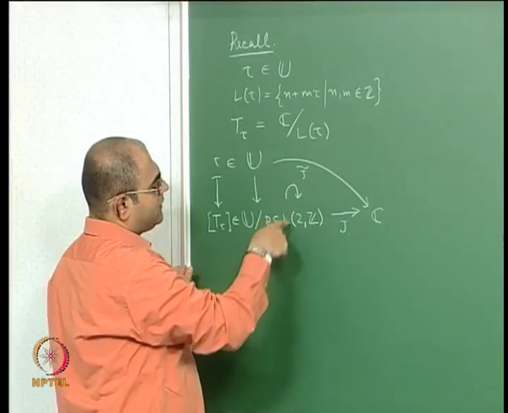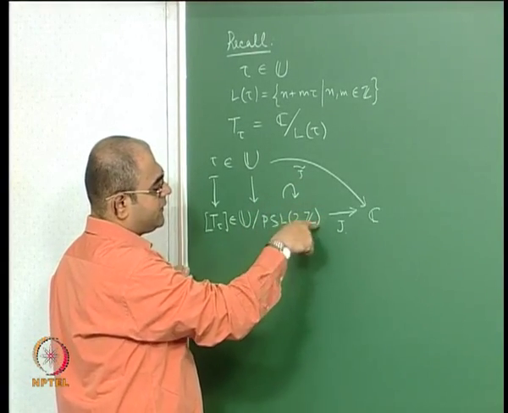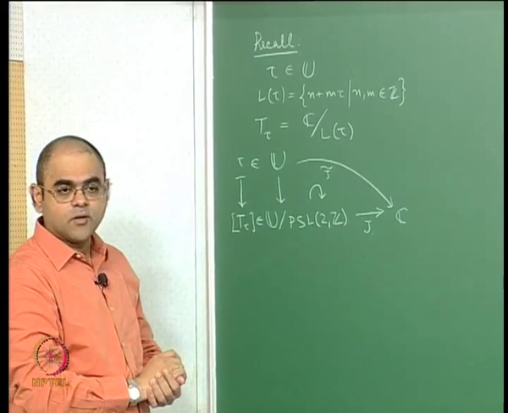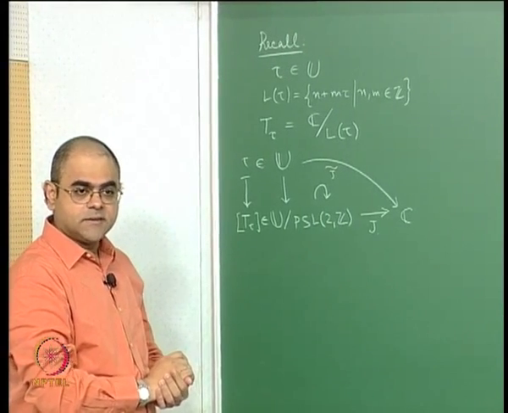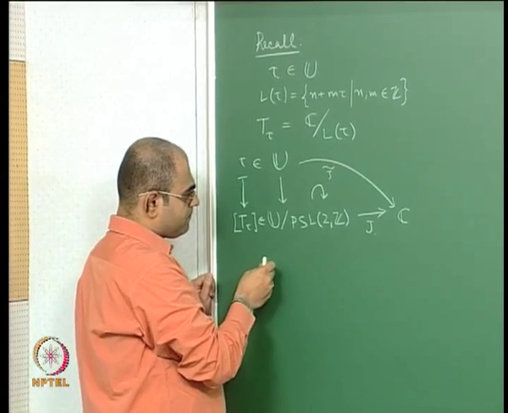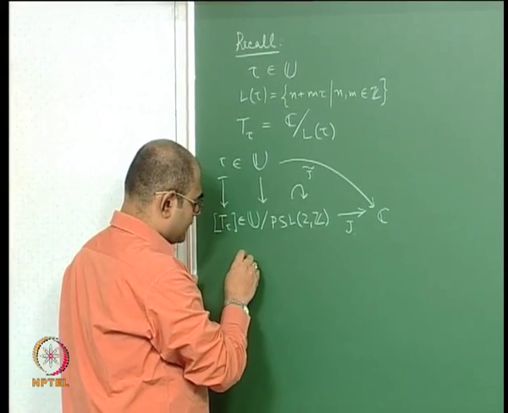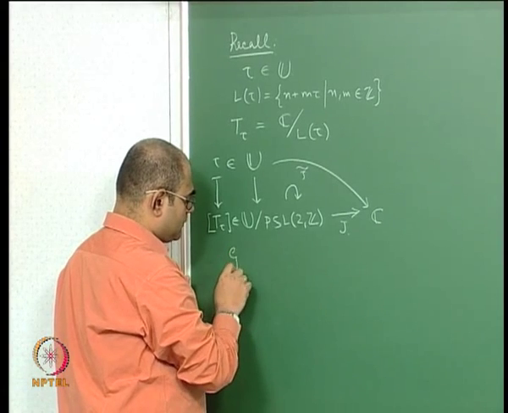So this j tilde was invariant under the full modular group, and let me quickly recall how we got hold of this j tilde, we will need it. Given tau,